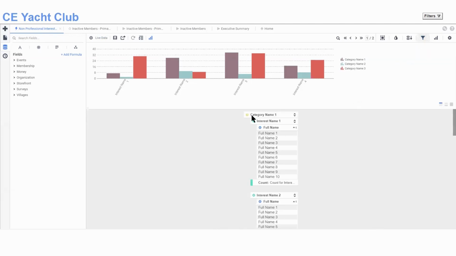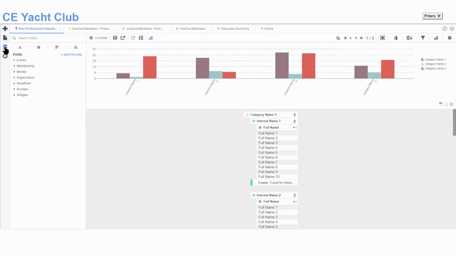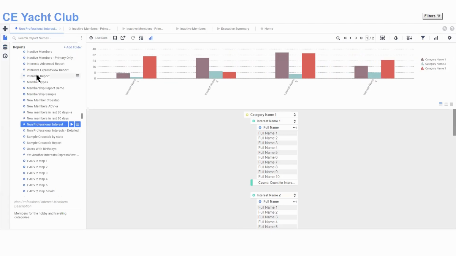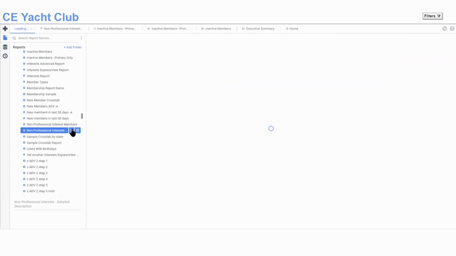So we said, well, let's just not use that. Something that was kind of cool about this is there's another report that one of our folks designed that's called non-professional interest and detail. So the ones with the little lightning bolt next to it, these are ExpressView reports. The ones with the circles next to it are advanced reports. And if we run that,